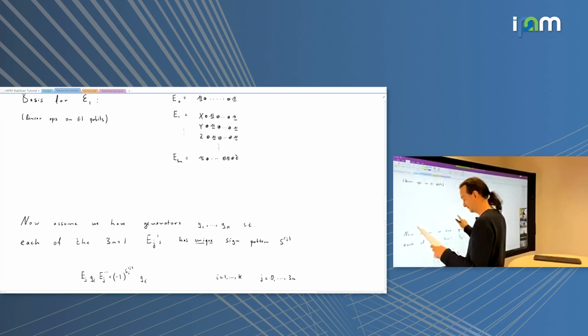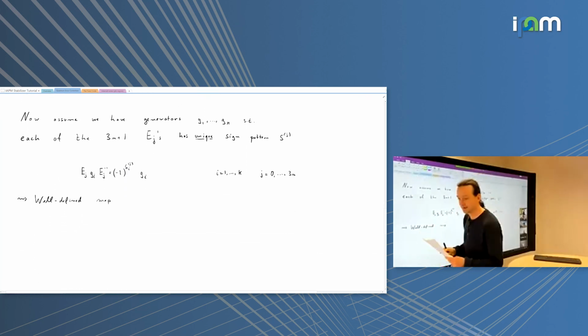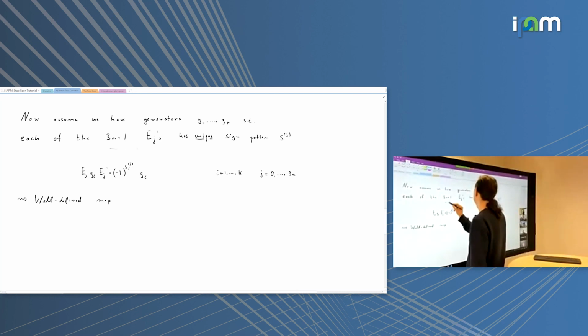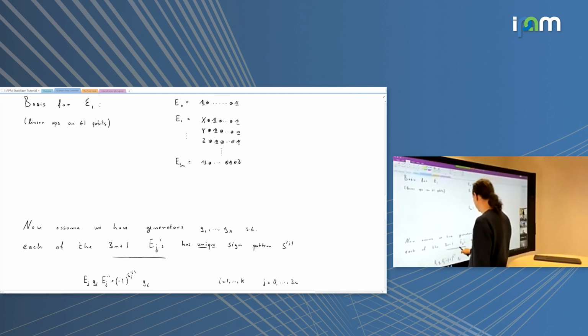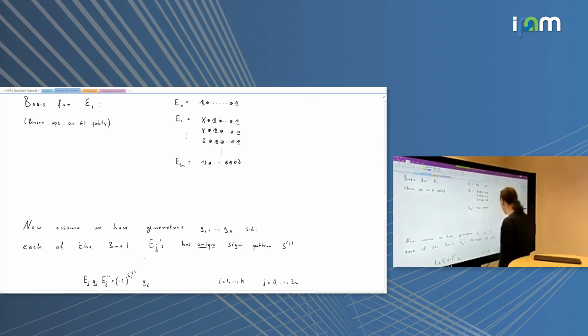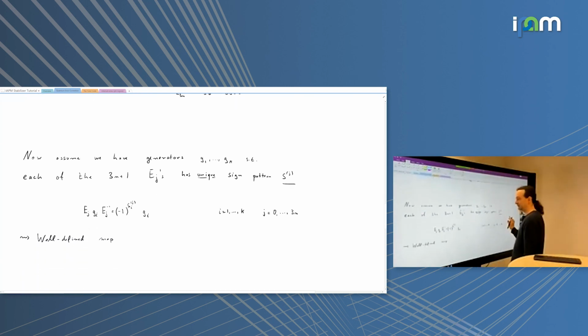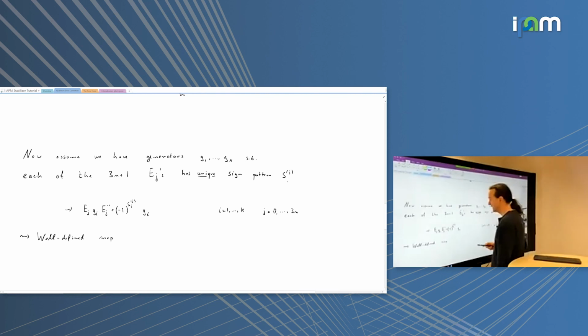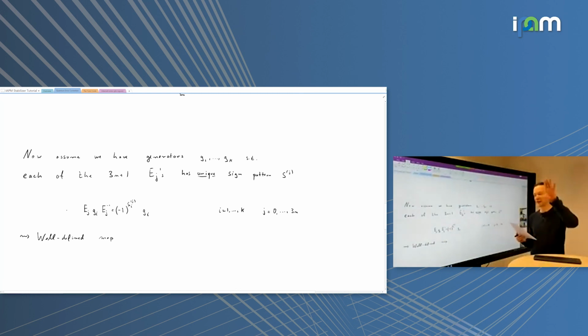So that's fantastic. Okay, so now comes an assumption that we need. Assume we've chosen our stabilizer group with good foresight and in a good way. We will use, for example, the toric code later to see how this works. So now assume that our generators are such that each of the 3n plus 1 basis elements E_j up here has a unique sign pattern S_j. The sign pattern is again given here, and we want that each element of this particular basis induces a different sign pattern. So each element is associated with a different joint eigenspace.